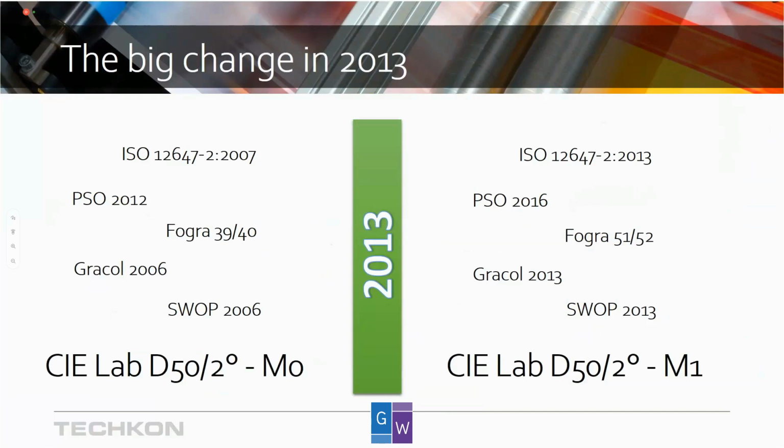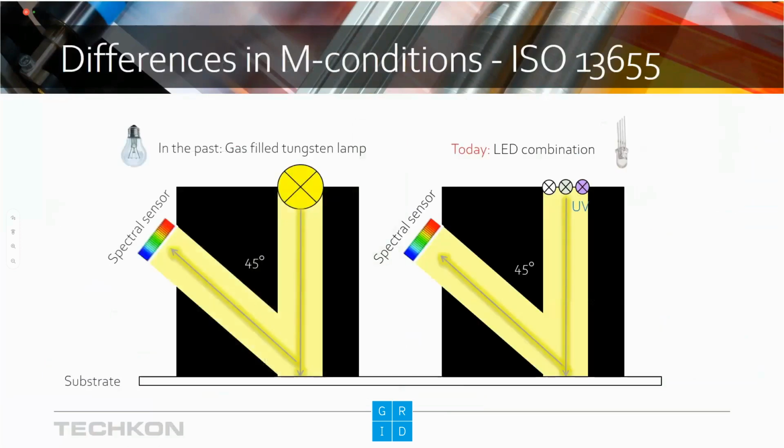The big difference between the standards is the measuring conditions. In the past, we measured LAB values with M0 condition, and today the current standards have reference and target values described with M1 measuring condition. Having a closer look at the measuring conditions, which are described in ISO 13655,